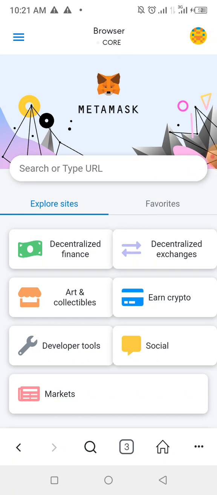So in this video I want to show you how to delegate your call. Okay, so from your MetaMask, just click. If you are not on this page, come to the home. Click on home, so you'll be on this page. So the next thing, come to this search box, tap on it, then just type stake dot